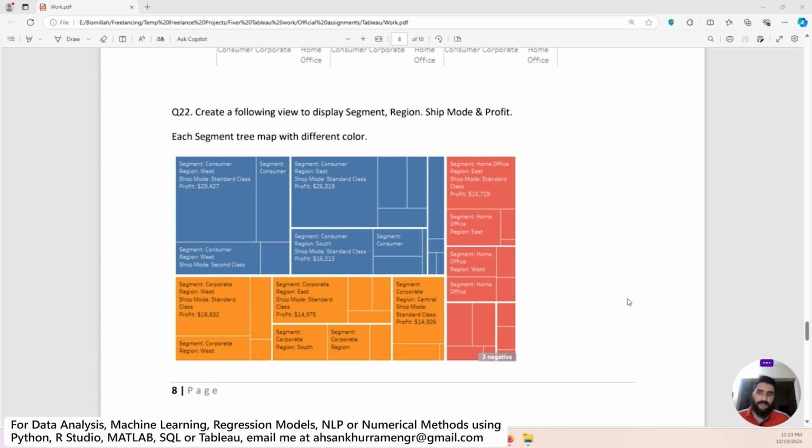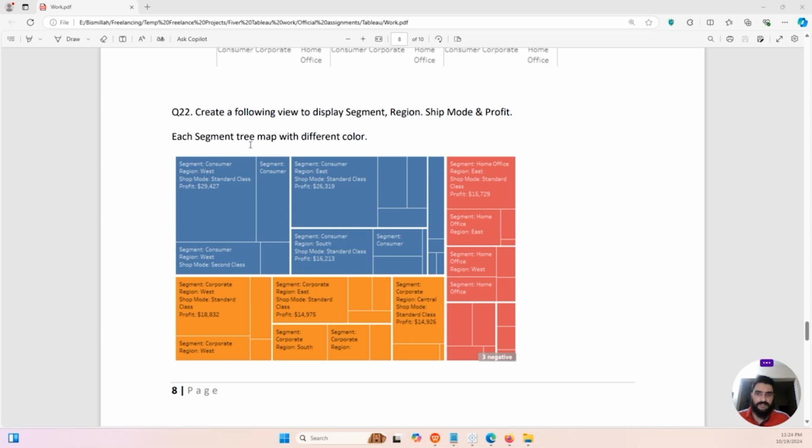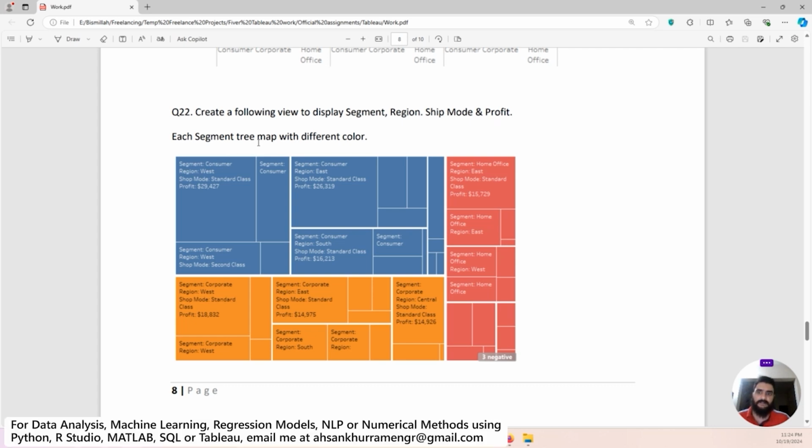So in today's tutorial, I'm going to teach you how you can plot this tree map. We have an assignment or a problem statement that states that we need to create the following view to display segments, region, ship mode and profits. The basic separation criteria is that we have three cells. The first one is the segments, which is denoted by color category. Then we have region, and then shipping mode and profit. So for each segment, a tree map with different colors. Okay, that being said,